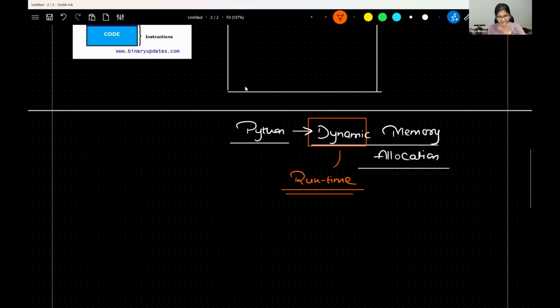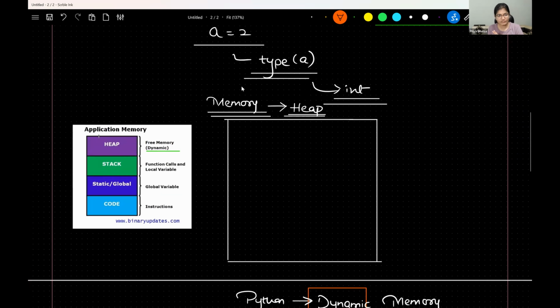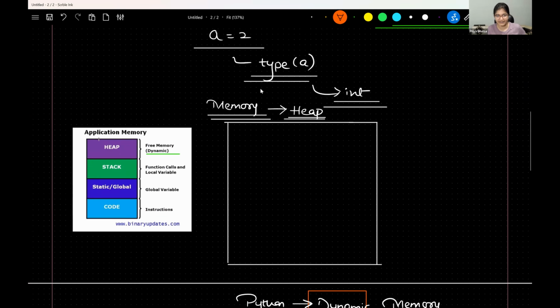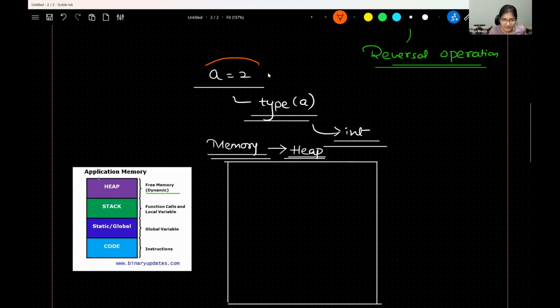Now I will talk about this in more detail within a few minutes, how internally these things will work. And even though we are not defining the size, how will my system get to know, okay, this is the size and this is the memory you have to allocate. We will come to that point. But before jumping towards that, let's try to understand what will happen if a user in a code defines